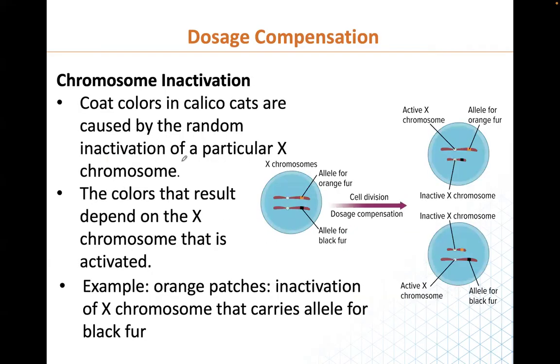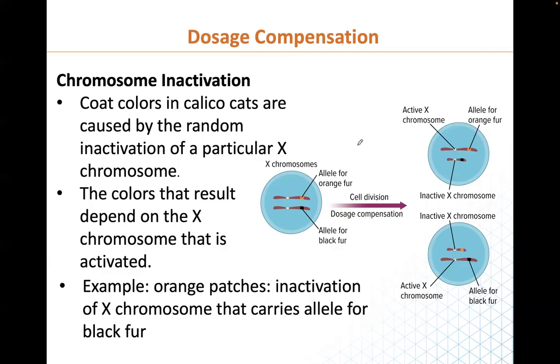So we want to show an example of chromosome inactivation. This is the coat color in calico cats. Calico cats usually have a random inactivation of a particular X chromosome. There are some coloration genes found on the X chromosomes, so the color that results depends on the X chromosome that has been activated. Orange patches come from inactivation of the X chromosome that carries the allele for black fur. For example, this is the X chromosome, and this is the allele for the black fur, and this is the allele for